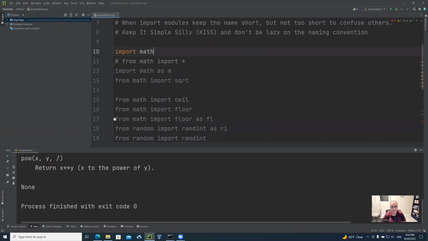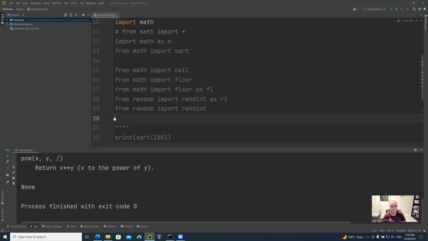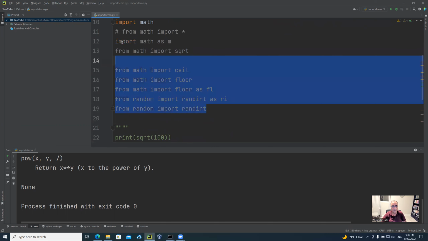Whatever you want to do, make sure that you're consistent with the naming convention and the order. This is just for demo. I'm importing a lot more than I should, but I'm trying to tell you how to import